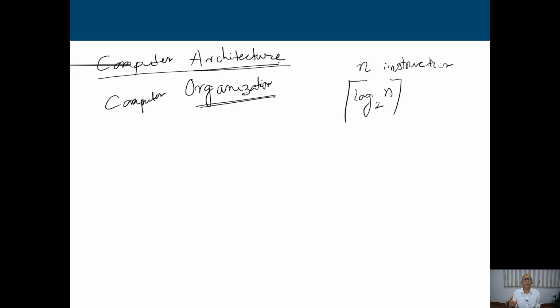Secondly, say we are going to implement some operation like addition. For addition, what will happen? You can use a ripple carry adder or you can use a carry lookahead adder. But you know the differences, no? If it is a ripple carry adder, then performance will be low because it takes more time, depending on the number of bits. But if you use a carry lookahead adder, it can improve the performance because it needs a constant amount of time, which is independent of the number of